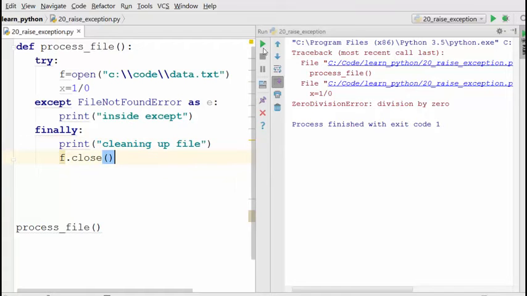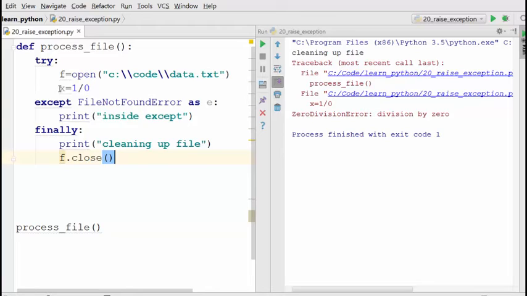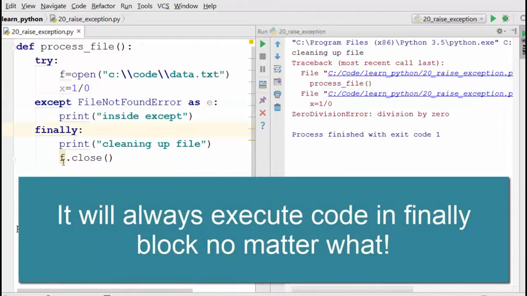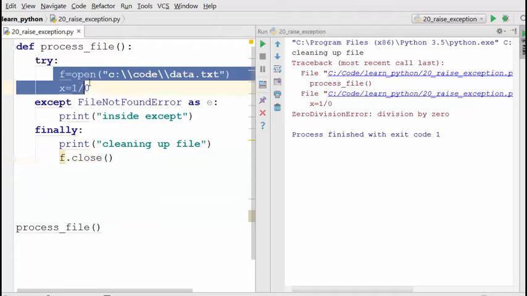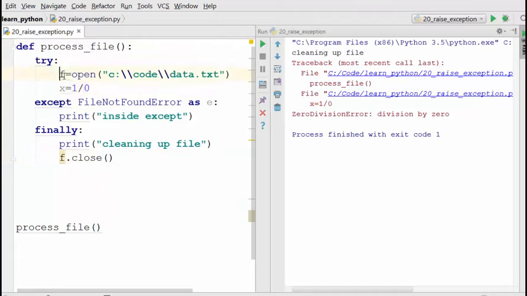Okay, when I run this, let's check what happens. So I still had this exception, but watch this, cleaning up the file. So even if the exception happens in try except block and there is no handling of that exception, it will still go into finally and it will clean up the file handle. So finally is pretty useful here in this case, where basically inside your try except block, if you want to do some cleanup, for example here I'm opening the file, so definitely I want to close the file. If you want to do that cleanup, you can do it in finally, and it is ensured that it will